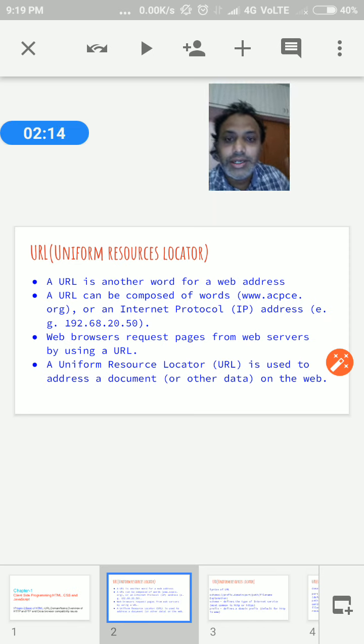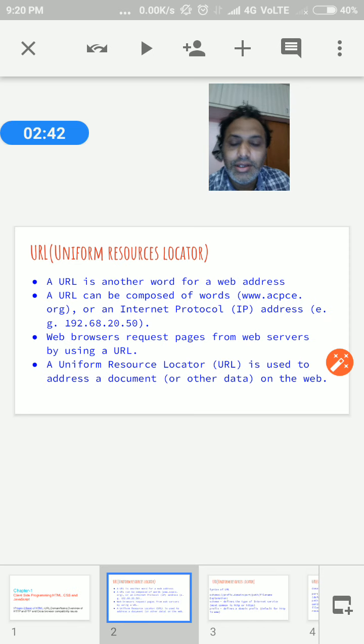The URL can be composed of words, as I already told. Composed of words or text is, for example, www.acpc.org. That is composed of words. Another form is the IP address, or internet protocol. Both ways we can express your URL, which we also call a web address.